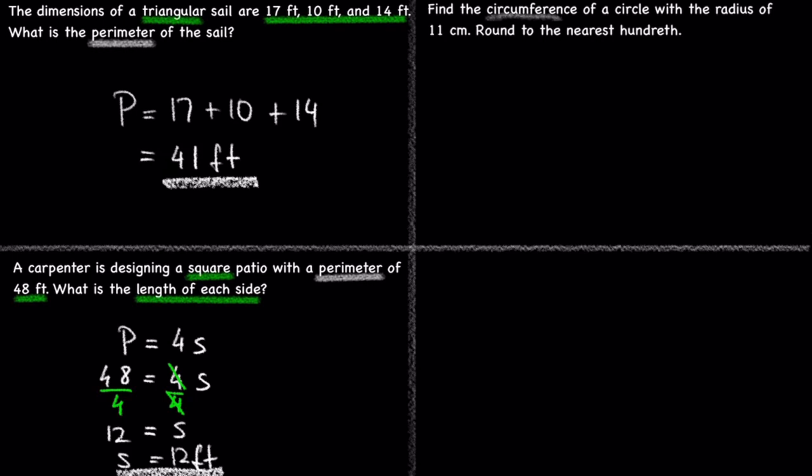Find the circumference of a circle with the radius of 11 centimeters. Round to the nearest hundredth. The formula for the circumference of a circle is C equals 2 times pi times r. Let's plug in the radius, which is 11. We see that in the question an approximation is asked for, so we have to use the pi key on the calculator. After typing in 2 times pi times 11 in the calculator, we get